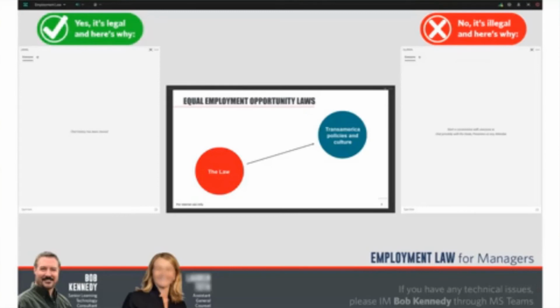Because they're not in the background. All I did was create two share pods and lay in the yes and the no graphics: the yes, it's legal and here's why, and the no, it's illegal and here's why. I just put those into share pods in the layout, and what I did with each of those graphics is I matched the background of those graphics with the prime background that you see